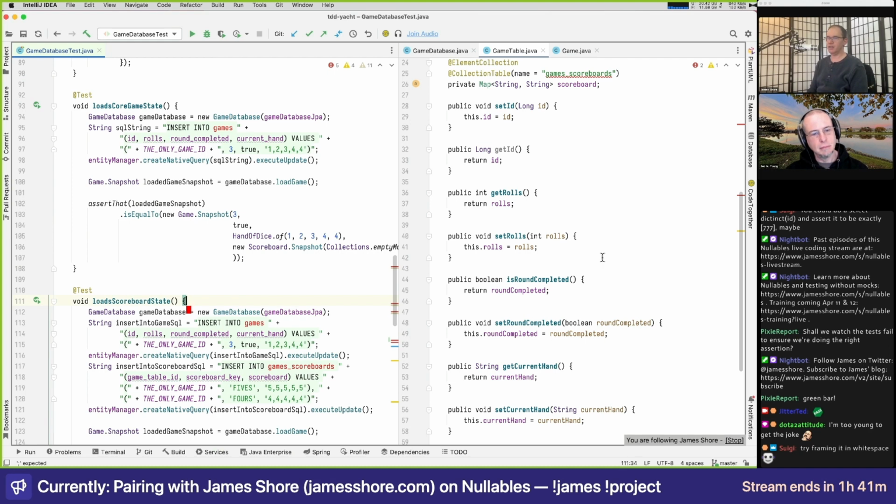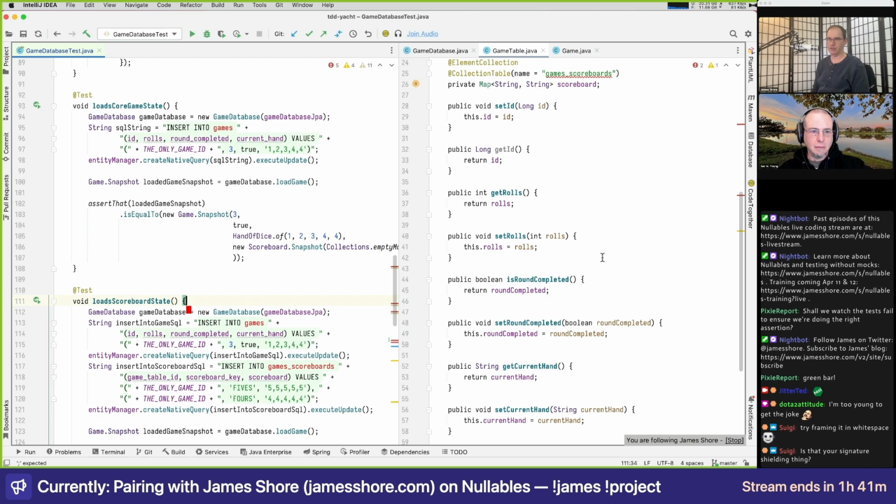So one thing that I'm doing now that I didn't do as much before, partly because I'm working in JavaScript where refactoring is much more of a pain than in Java, is making really liberal use of helper methods in my code. For example, I'll have a load game and a save game that just turn around and call game database.load game. And the reason I do that is it would allow us to combine, for example, line 94 and 100 into a single call.